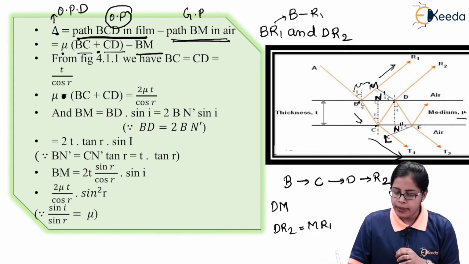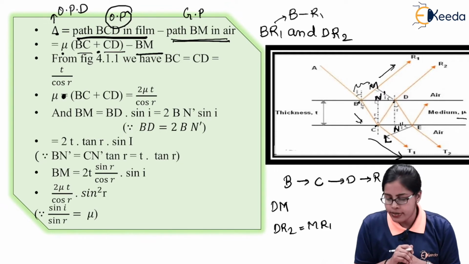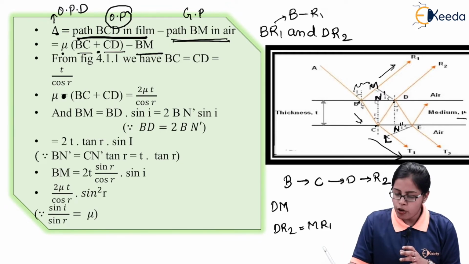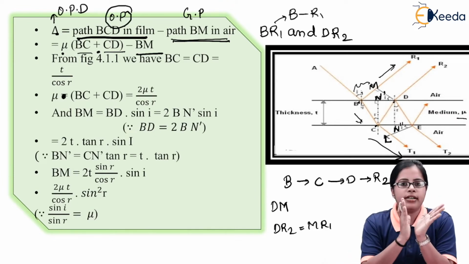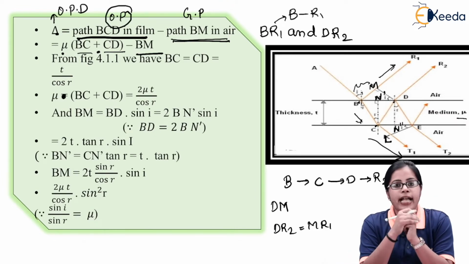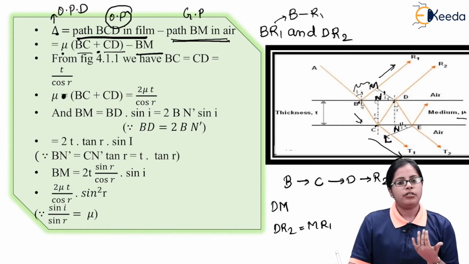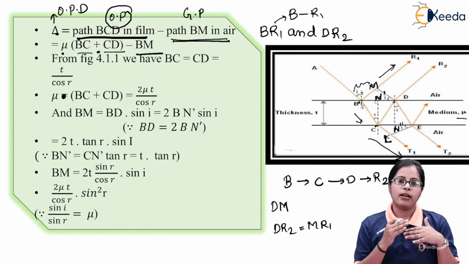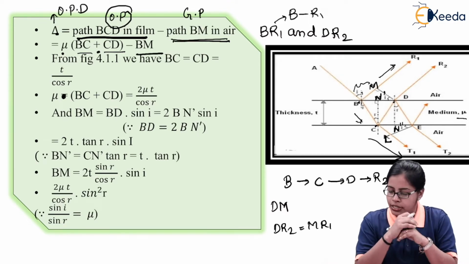Now, if you look at the diagram, if I look at the angles which are drawn in the diagram, in that case, AB indicates the incident ray, and there is a normal which is present over here. So the angle between incident ray and the normal is called the angle of incidence. And when you talk about the refracted ray with the normal, the angle is called the angle of refraction.